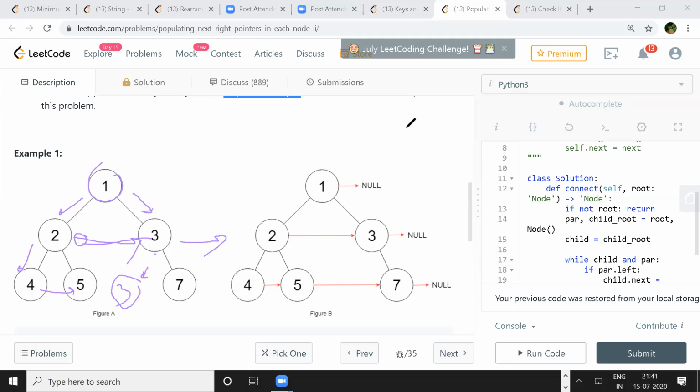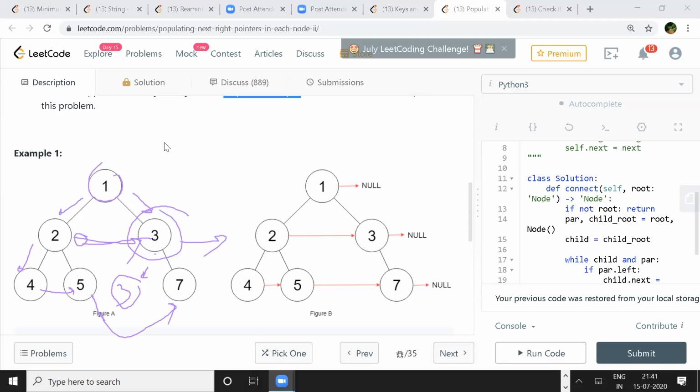We want to point this 5 to 7. For that, we take this root, 2's next will be 3, and then we can check if it has a right or left child, and based on that, we assign this one over here.